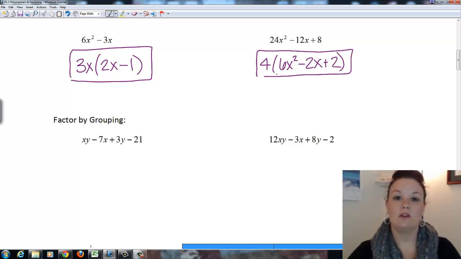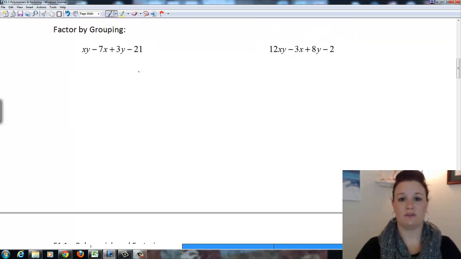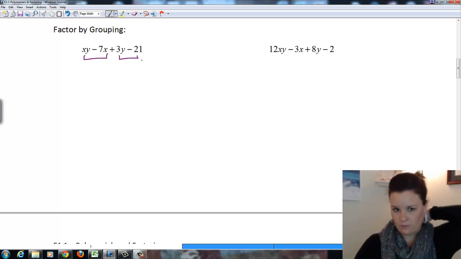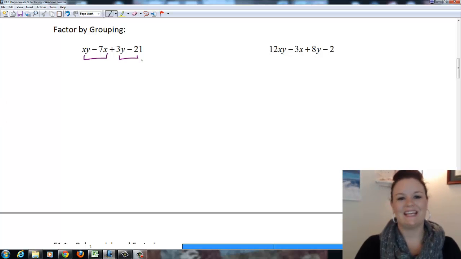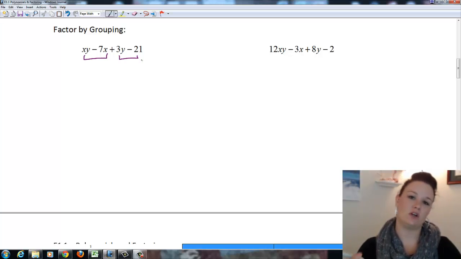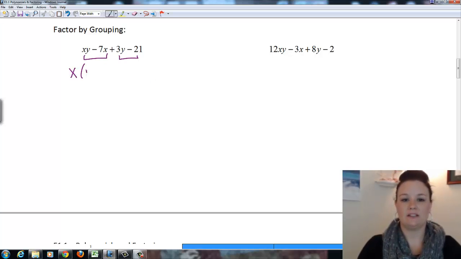Okay, now I want to look at factor by grouping. Factor by grouping is used for 4 terms. When we do 4-term factoring, we always look for greatest common factor first, which means look at all 4 terms. Is there anything I can pull out? In this case, there's not. So I'm going to go straight into grouping, which means I pair off 2-term pairs, and I look for greatest common factor within them. So notice in the first 2, I can take out an x, which leaves me with